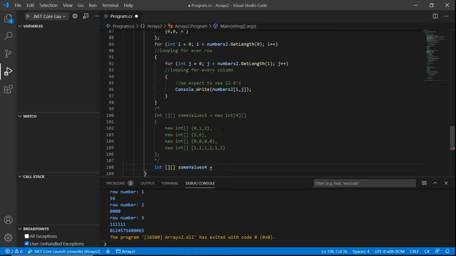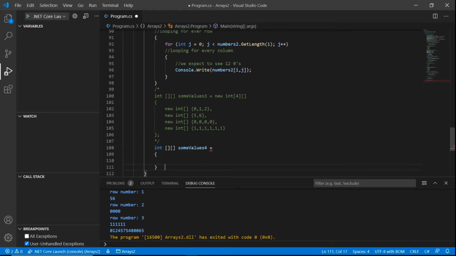And now we don't say new int, so we are not specifying anything. We let the computer figure it out. So let's start listing them. Same idea as before. So you say new int 0, 1, 2. So it's the same way,